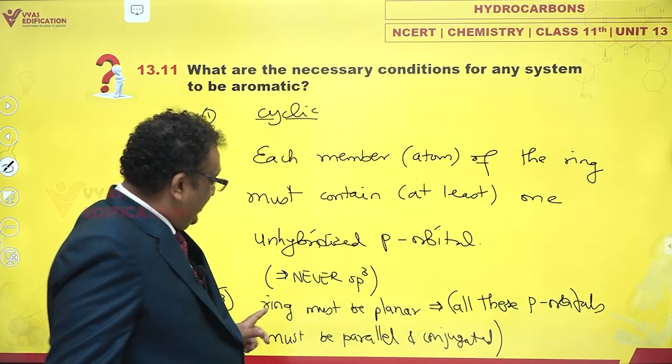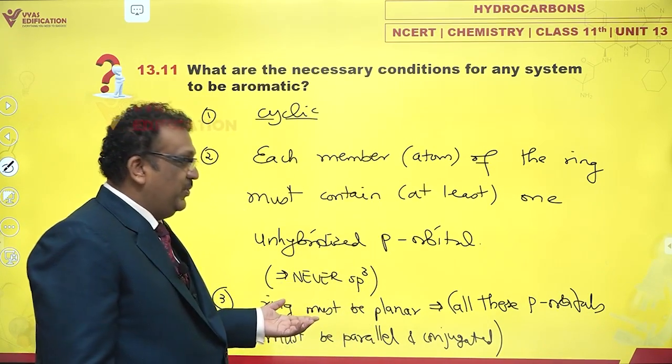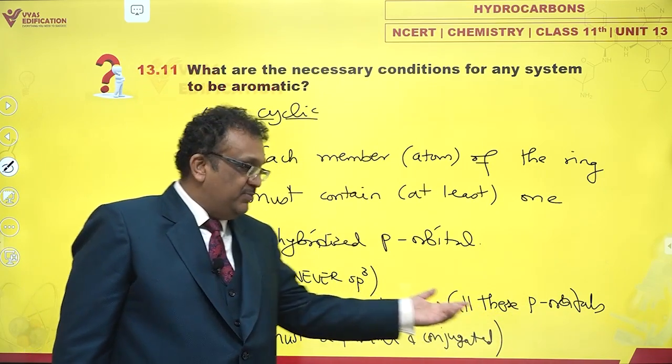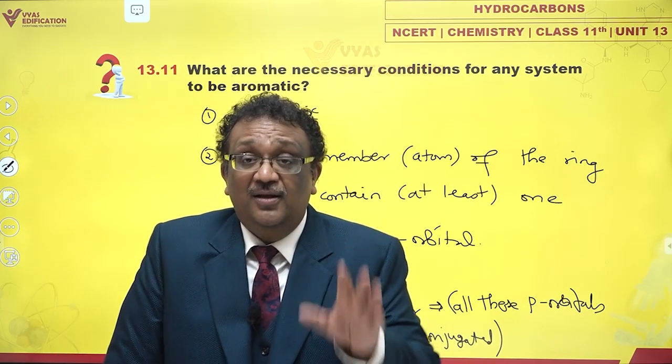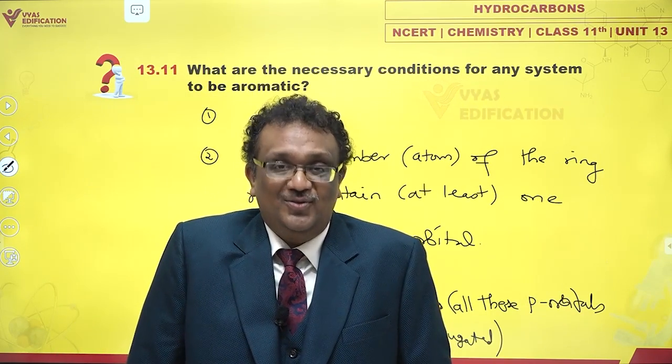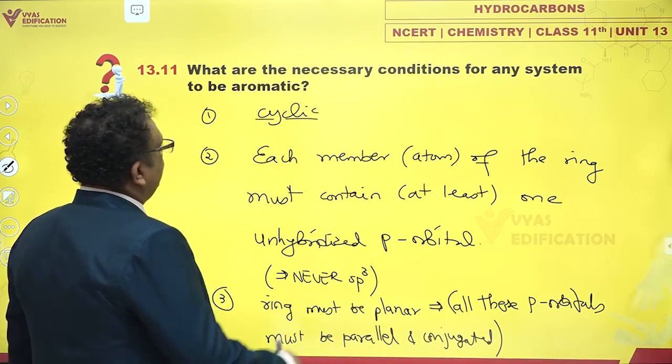But what is the reason? I have given you the importance of being planar. If the ring is planar, only then will all these p orbitals be parallel, only then will they be conjugated, and only then will the system be aromatic. So that is why I have said this is important. And fourth,